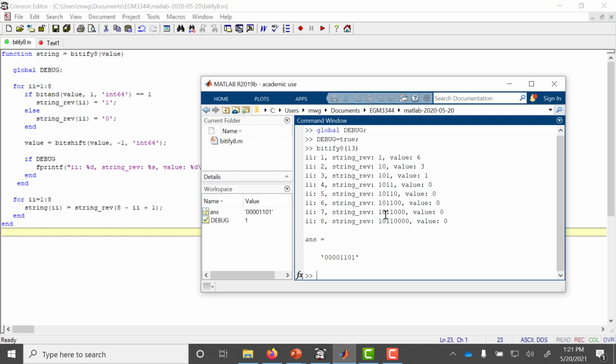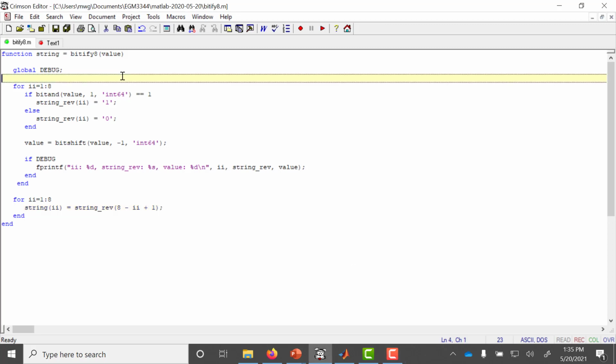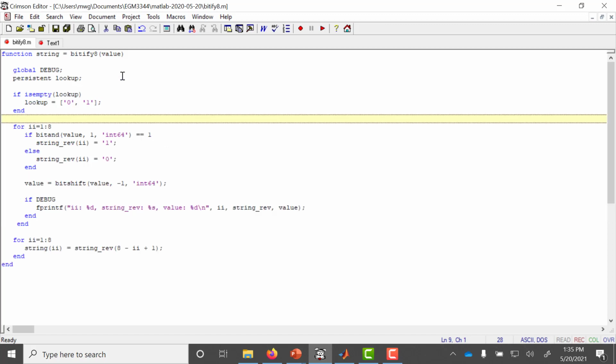And the string rev is assembled in the reverse order. So I've got the least significant bit on the left and the most significant bit on the right. So I really want to reverse that, and that's what's going on down here. I just simply reverse it. And that's how Bitify works. It's pretty straightforward. So what I'd like to do next is to make this a little bit more mature and